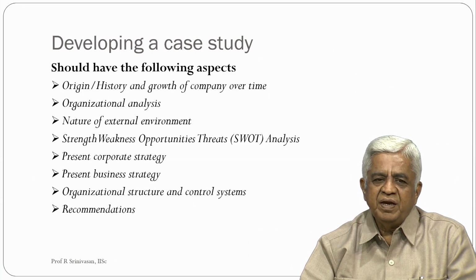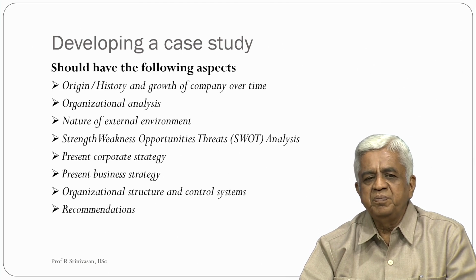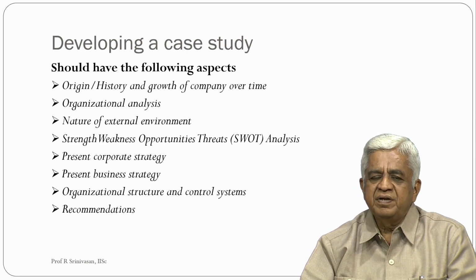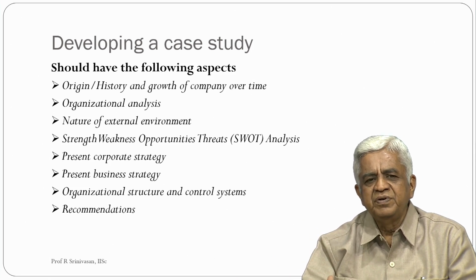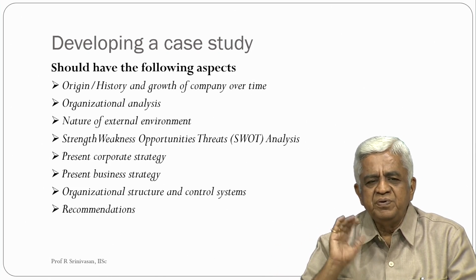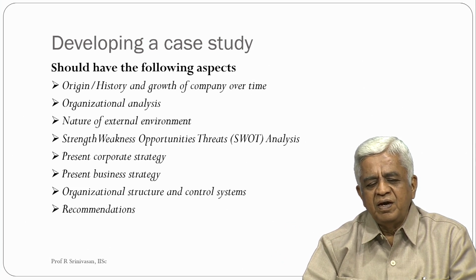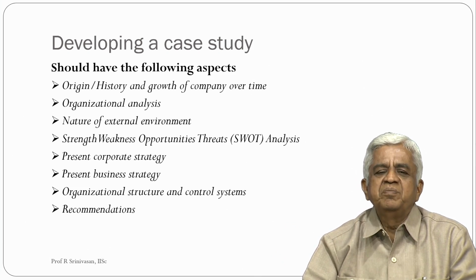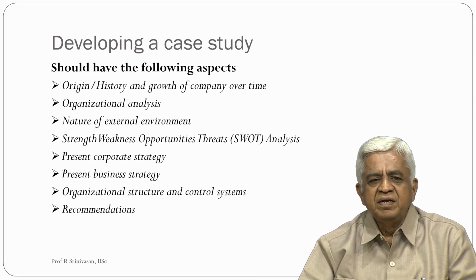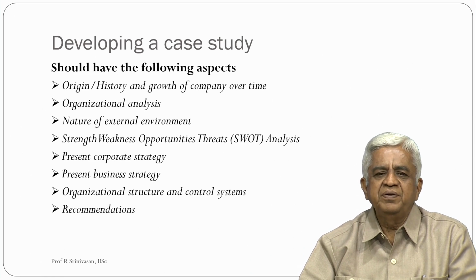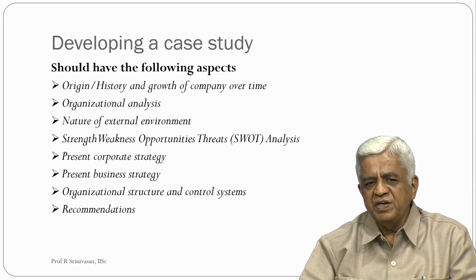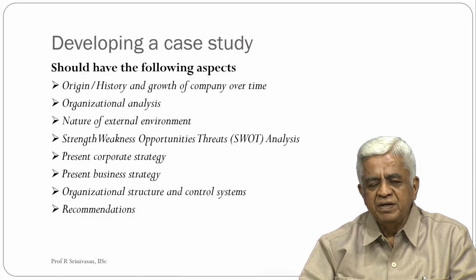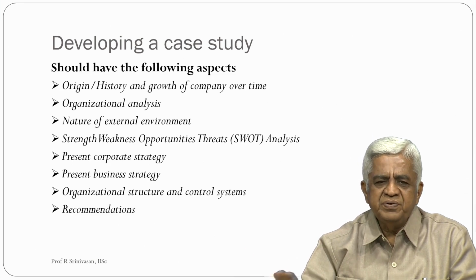So, if you look at Posts and Telegraphs, you have for them a very stiff competition coming through private players. You have so many couriers. They can also do this speed post which the Indian Post do, and they can give you many times better tracking of how your post is going to the destination. So, in other words, the environment in which the organizations are operating has undergone a thorough change.